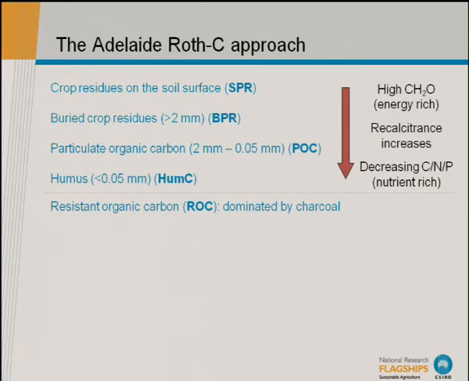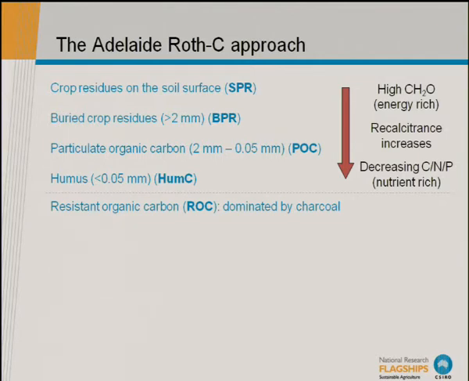And I guess this idea that we go from more labile to more resistant as we go down this spectrum. We get more energy dense, more nutrient dense, so the C to N ratios and C to P ratios decrease, so there's more nitrogen and phosphorus for every unit of carbon as we go down. And this is stuff that's pretty well established